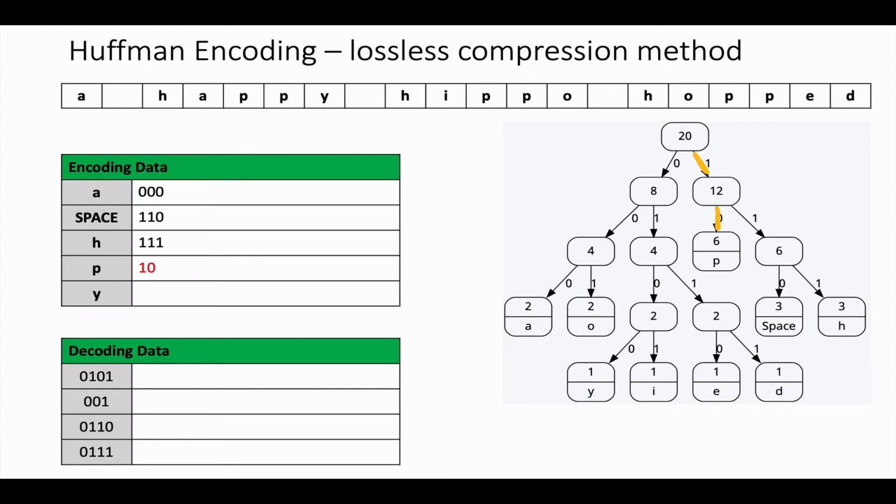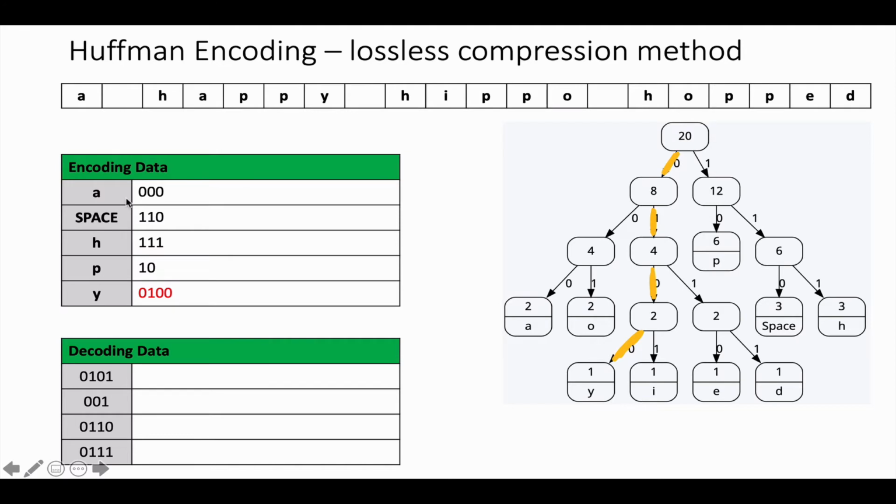And the final one then, let's have a look at Y. Y is down the bottom of this tree, so it's a bit further for us to go. Here we go from 0, 1, 0, 0. If we follow that path, we'd get to Y. So that's how we can interpret a Huffman tree in order to be able to get the binary value for